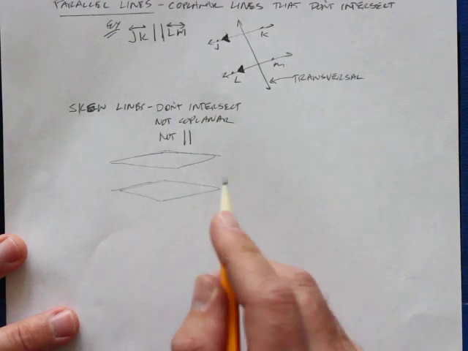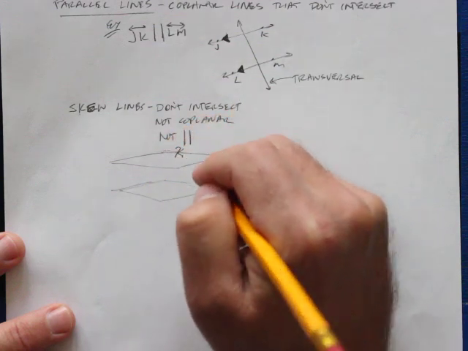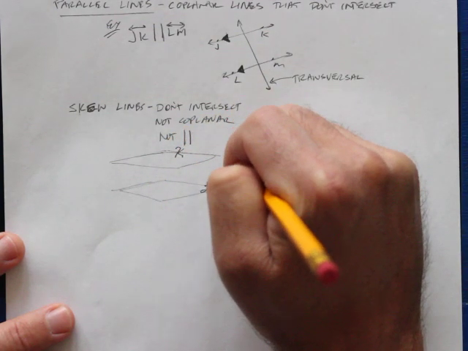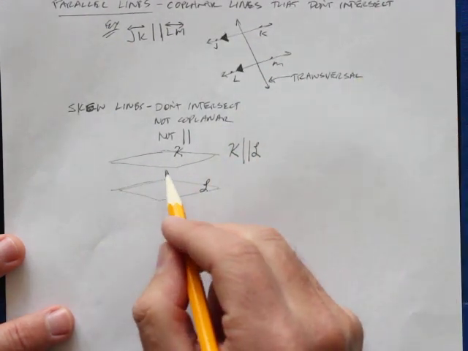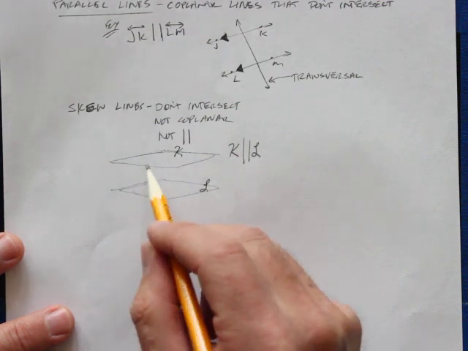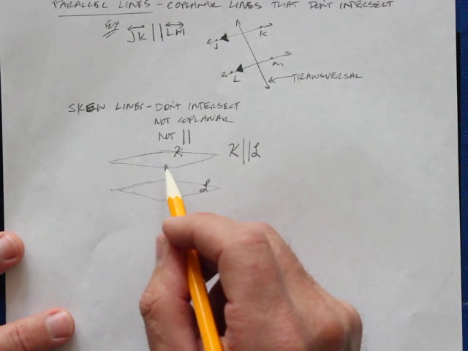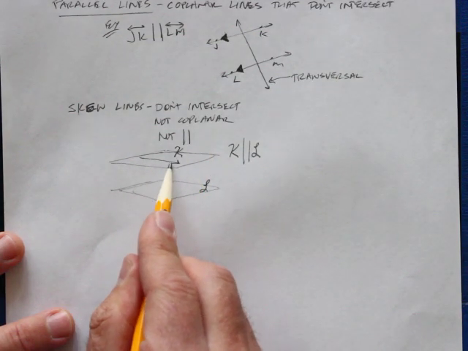this, and these planes are parallel, so this is plane K, and this is plane L, and plane K is parallel to plane L. So these planes are parallel, meaning they will never touch, forever. And I can have a line N